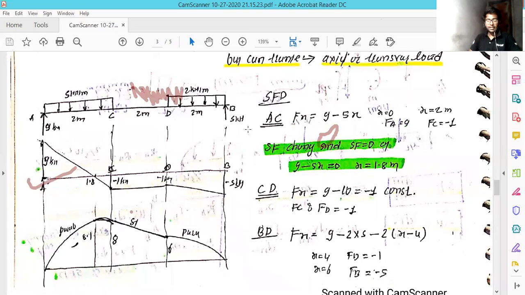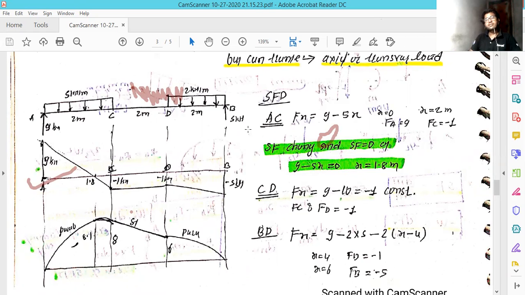So here the force at the end is 9 kilonewton, and that force is positive, which is acting in the upward direction. So we take 9 kilonewton for distance from the horizontal axis. In this condition, we know that if it is a point load, then the shear force diagram will be horizontal, and the bending moment diagram is going to be inclined. But in a uniformly distributed load, there will be